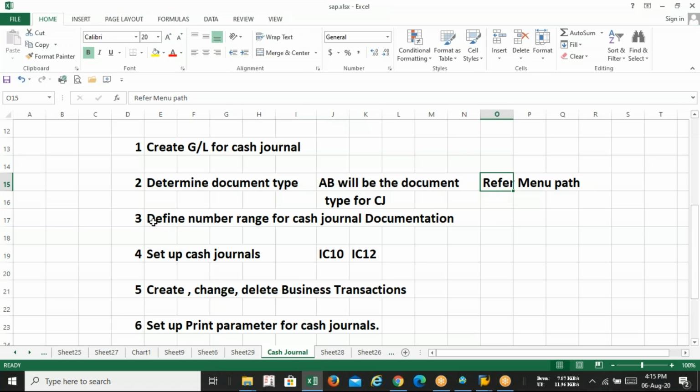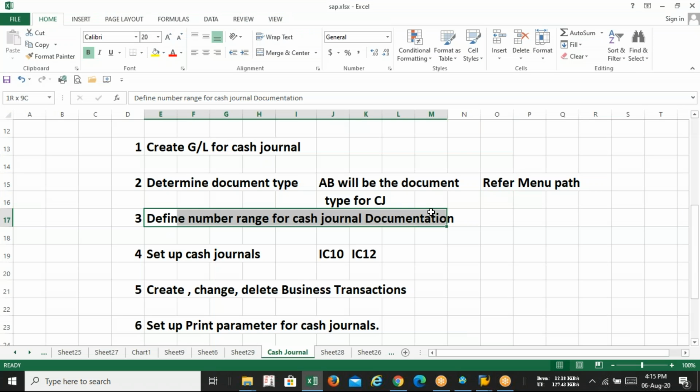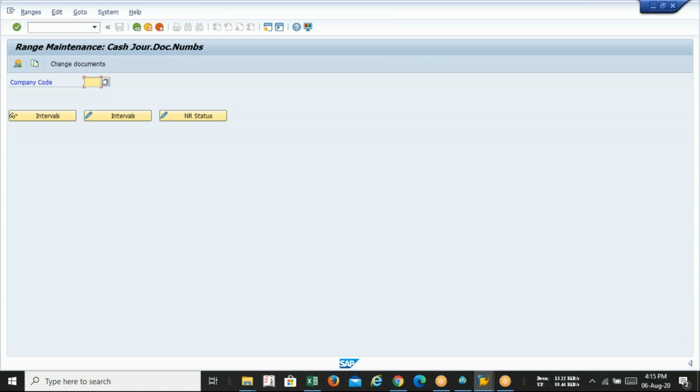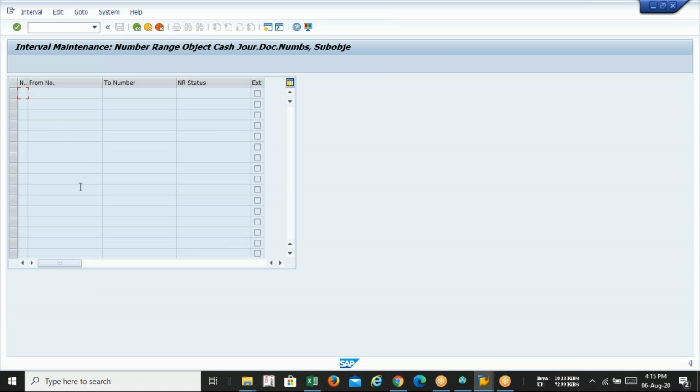So what is the third step? The third step is this: define number range for cash journal documents. So I am doing this right now, using the same menu path. What is my company code? Lava. If I click on display interval, no number range is coming.